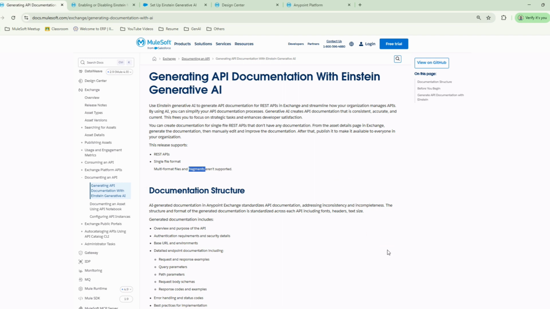Name is Prashant. I'm working as a MuleSoft architect. So in today's session, I'll walk you through one latest feature, which is generating the API documentation with Einstein's Generative AI. With this feature, we can generate automated documentation for our APIs, which are published